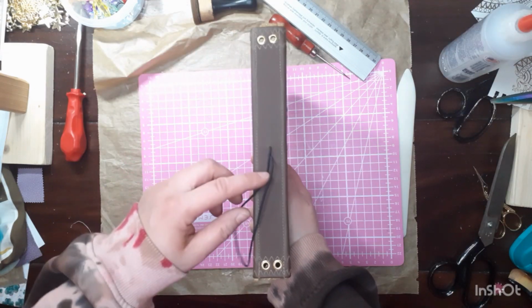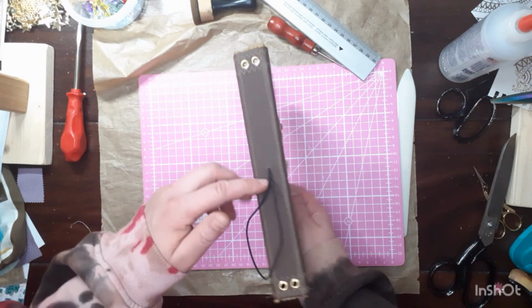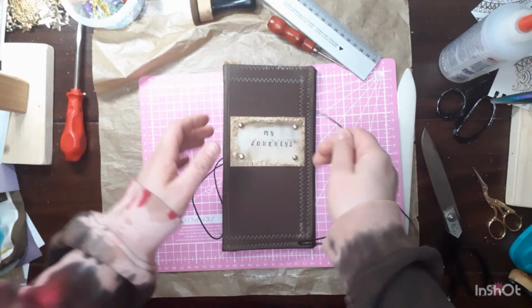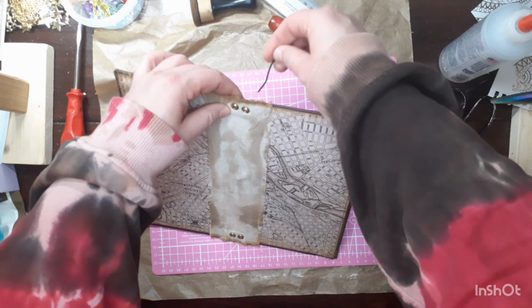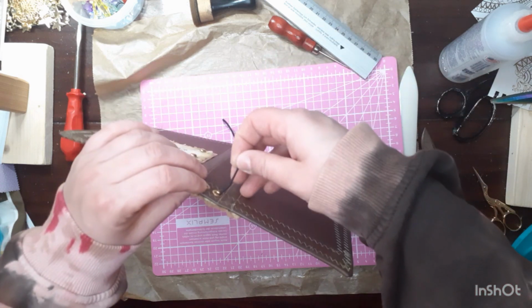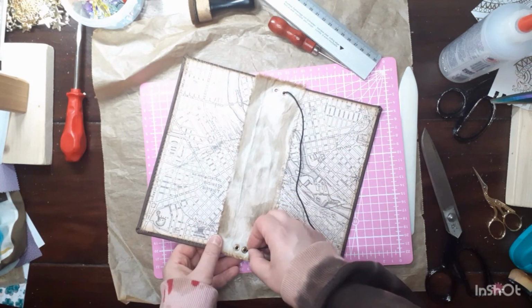So eyelets are set. So now for the elastic bands from the inside. I saw this technique on YouTube, and I will link the video down below in the info box. So let's see, I start on the outside, go all the way through here,